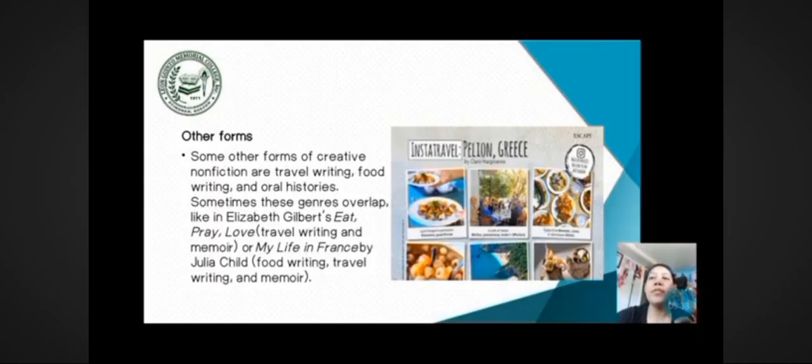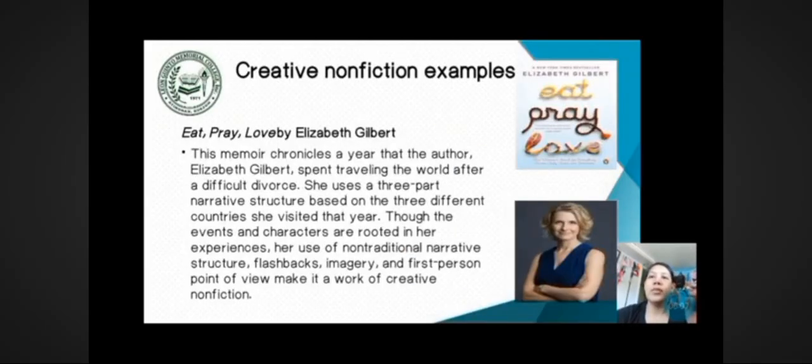Some of the other forms are travel writing, food writing, and oral history. Sometimes these genres overlap, like in Elizabeth Gilbert's Eat, Pray, Love, which combines travel writing and memoir. So there are two forms, travel writing and memoir. And the other one is My Life in France by Julia Child. It is food writing, travel writing, and memoir. So they incorporate different types of forms in their